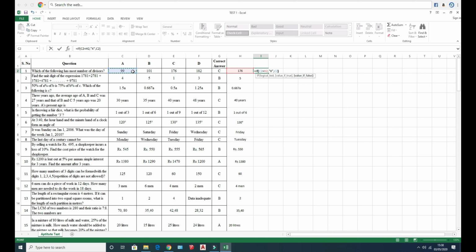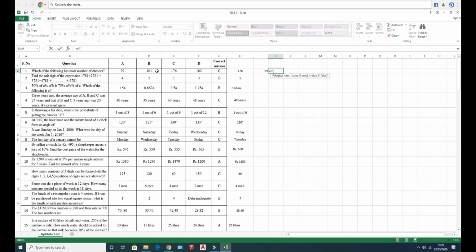If not, the value in C2 will be reflected in that cell. You can see that it is not equal to H2, so the answer in the C2 cell will be reflected in the I2 cell.